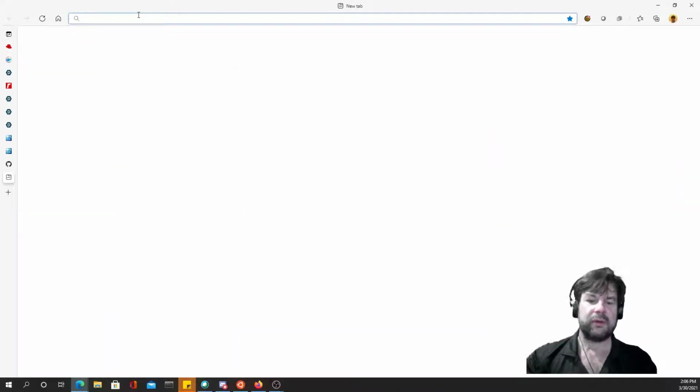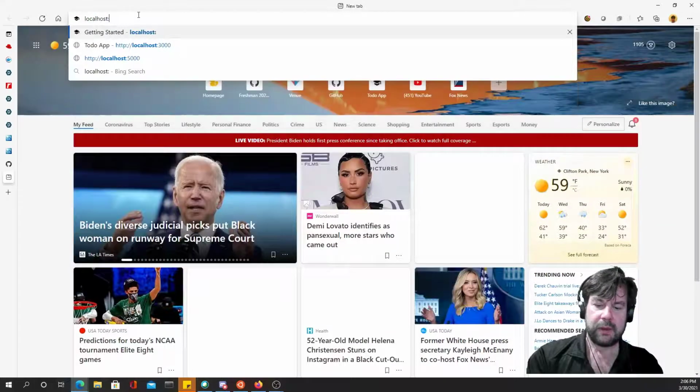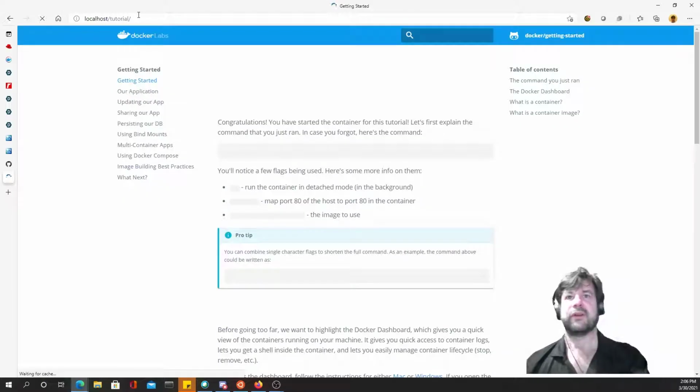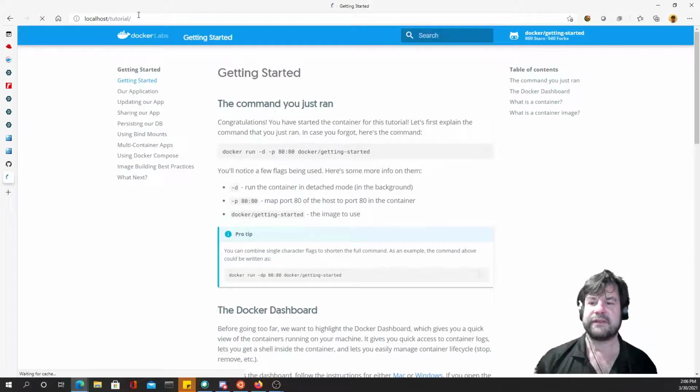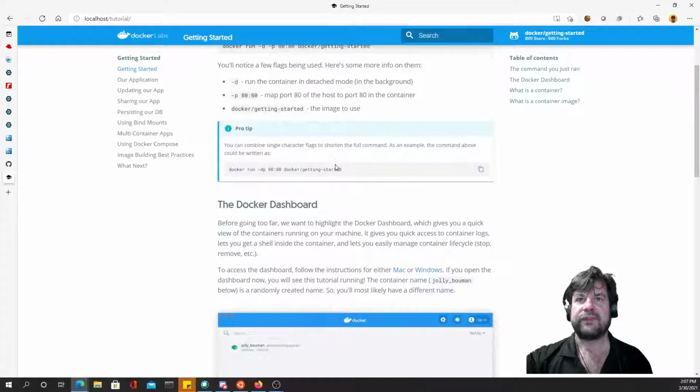So if we now go to localhost and port 80, what we'll see is that we have a little Docker tutorial here. And actually, this is exactly the same tutorial, with some numbering things that are a little bit different, that we're actually running through on the main Docker site. So